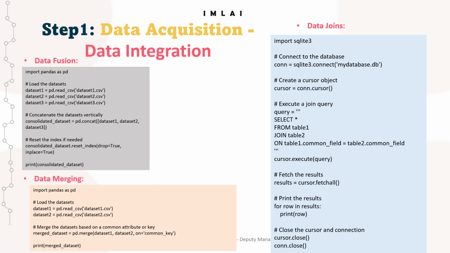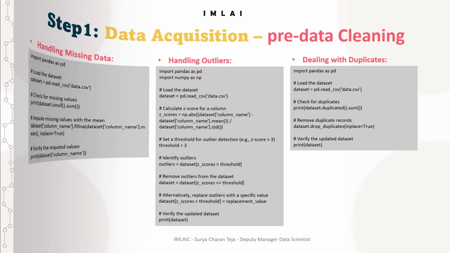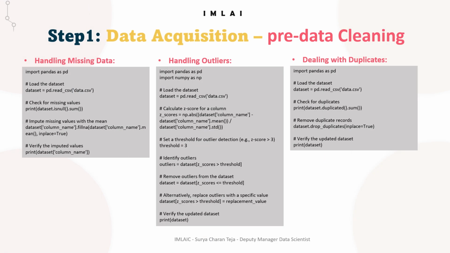So now it's time to move on to the next step under data acquisition. That's pre-data cleaning. So why do we call this pre-data cleaning? The main data cleaning will be done in the pre-processing step of the overall data science process, but here we will do the pre-data cleaning. So we will try to handle missing data, outliers, and dealing with the duplicates, whereas the actual data cleaning technique